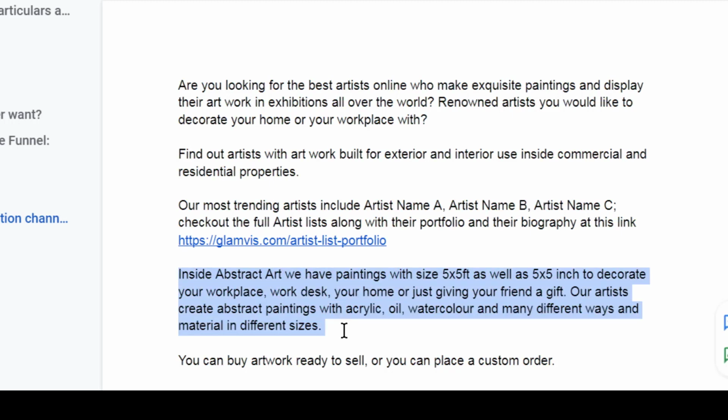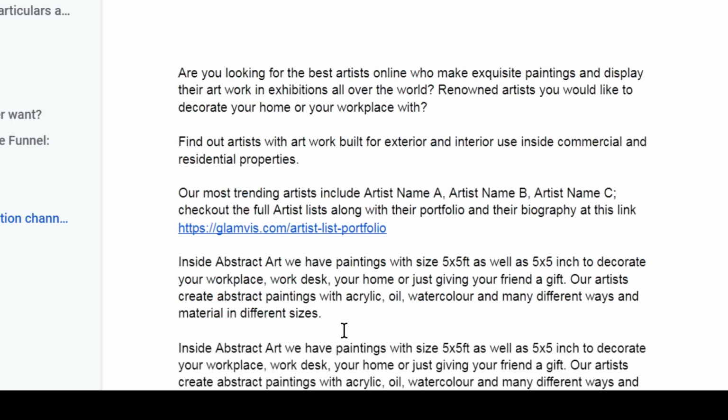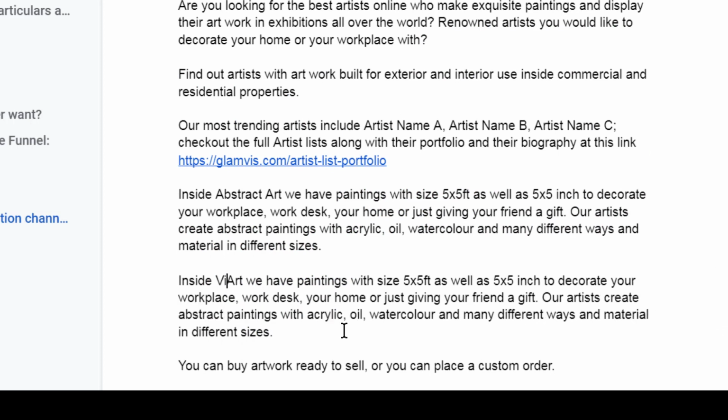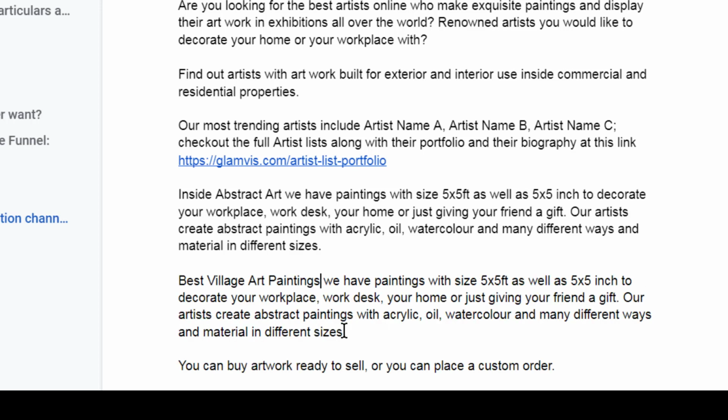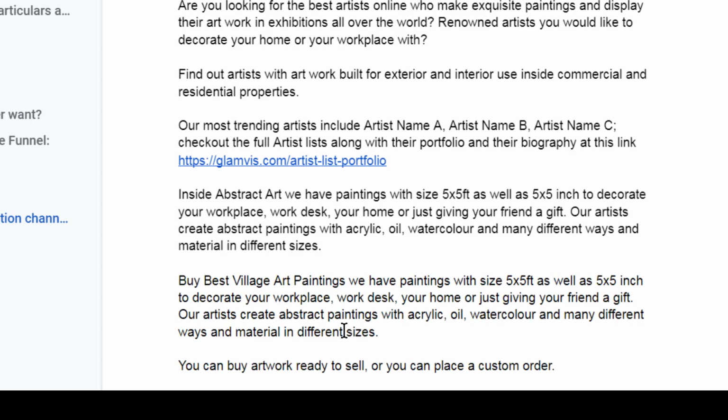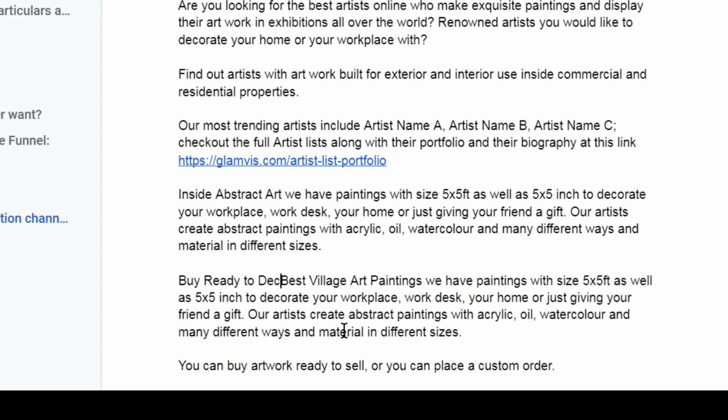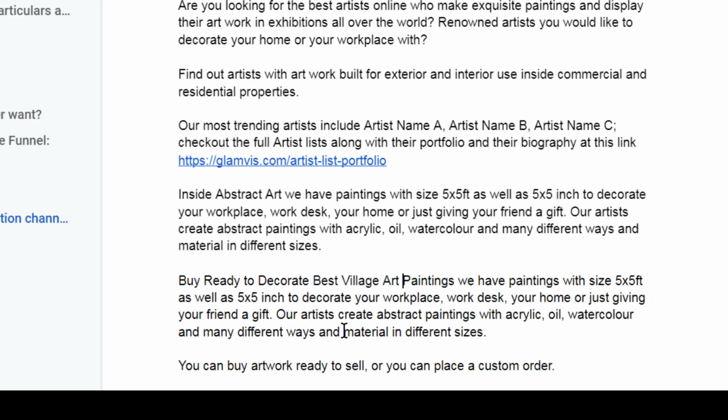So like we have built this abstract art, we can have another for village art. This paragraph doesn't start with a lot of keywords. You can say best village art paintings, or buy best village art paintings, or buy ready to decorate best village art paintings.